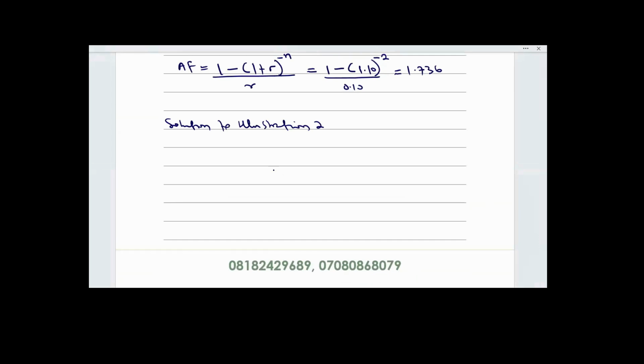So the examiner is asking you to advise on which of the machines to purchase. Therefore, I would say calculating annual equivalent cost for machine A, because it's very glaring from the question. The examiner says which of the machines to purchase. When you are purchasing, it has to be a cost, a cash outflow. That's a cost. Therefore, I would then create a column